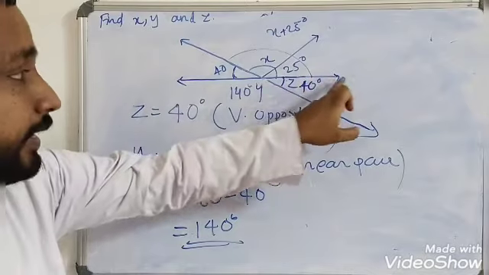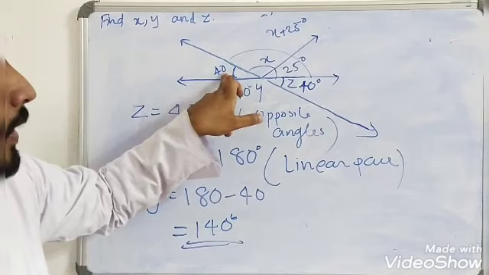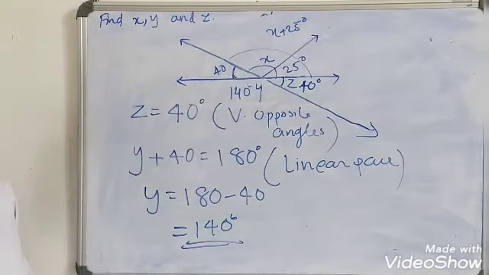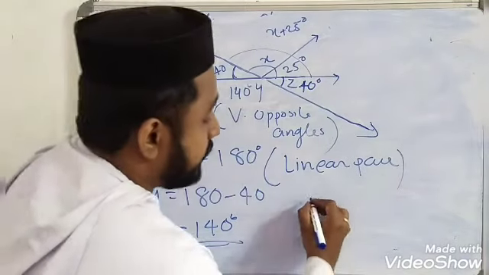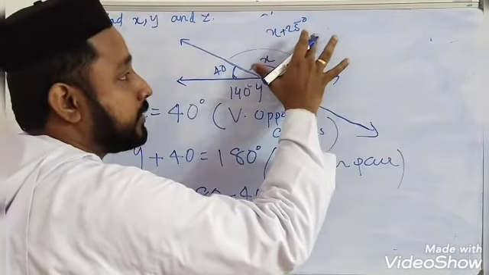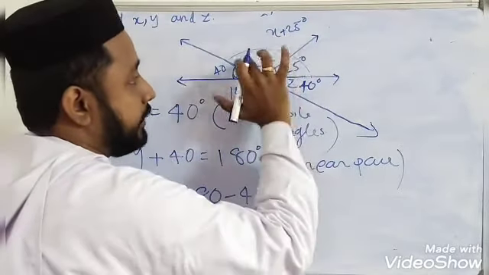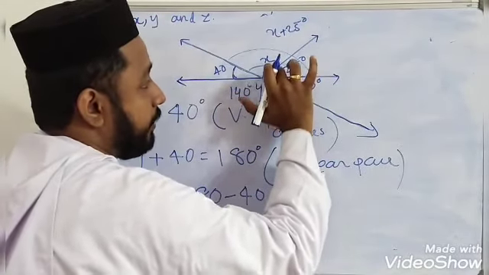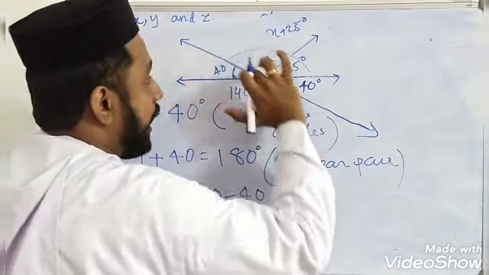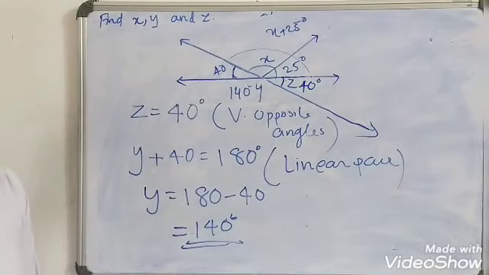So look at this ray or line, then this arm. This is 40 degrees, and this is x plus 25 degrees. The sum is 180 degrees. So we can write 40 and x plus 25. Now consider 40 and this full angle; that means up to here x, then here 25, so the total is x plus 25. Consider this arm only, then 40 degrees, then x plus 25 degrees. So the sum is 180 degrees.